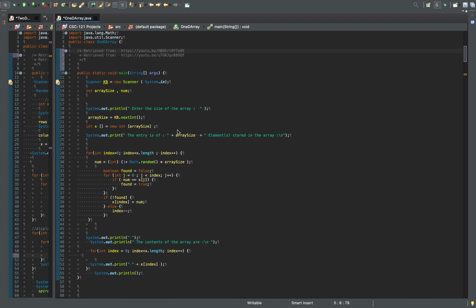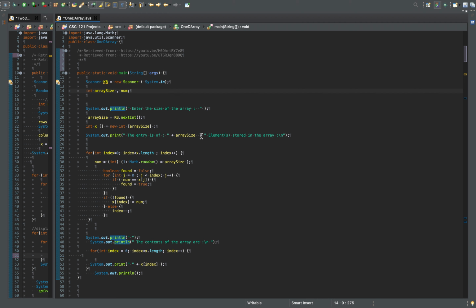To begin with, I have two integer variables, array size and num. This statement asks for entering the size of the array,